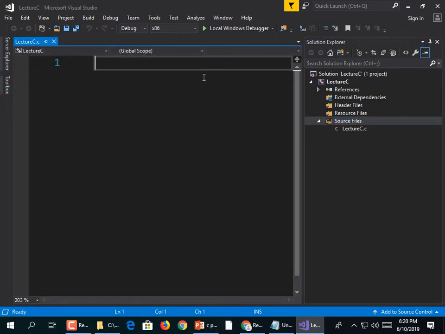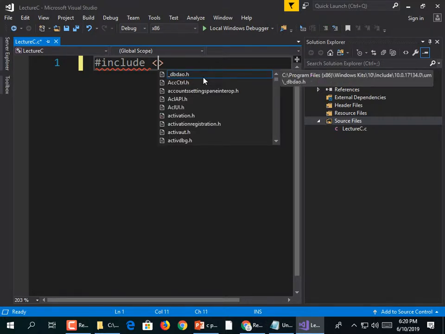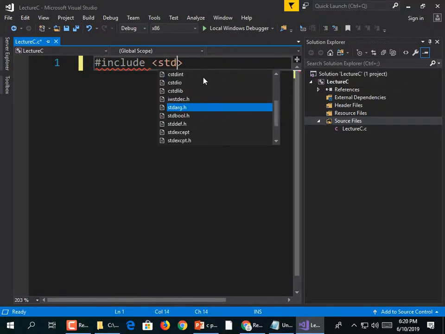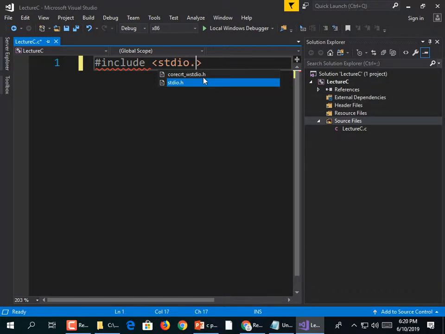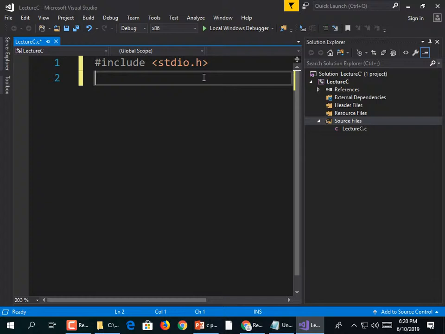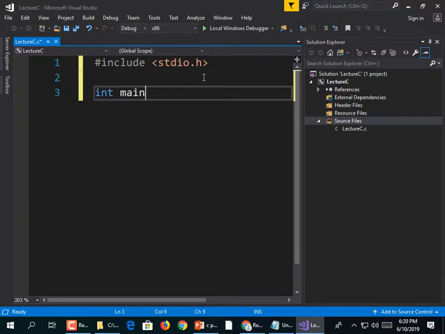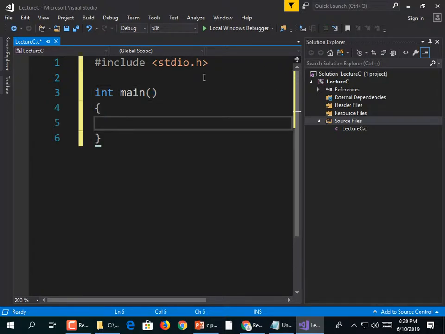Alrighty, first line. Every one of my programs is going to have this. So #include, less than, shift of the comma, stdio.h. Now we're going to add int main, parentheses, curly brace,